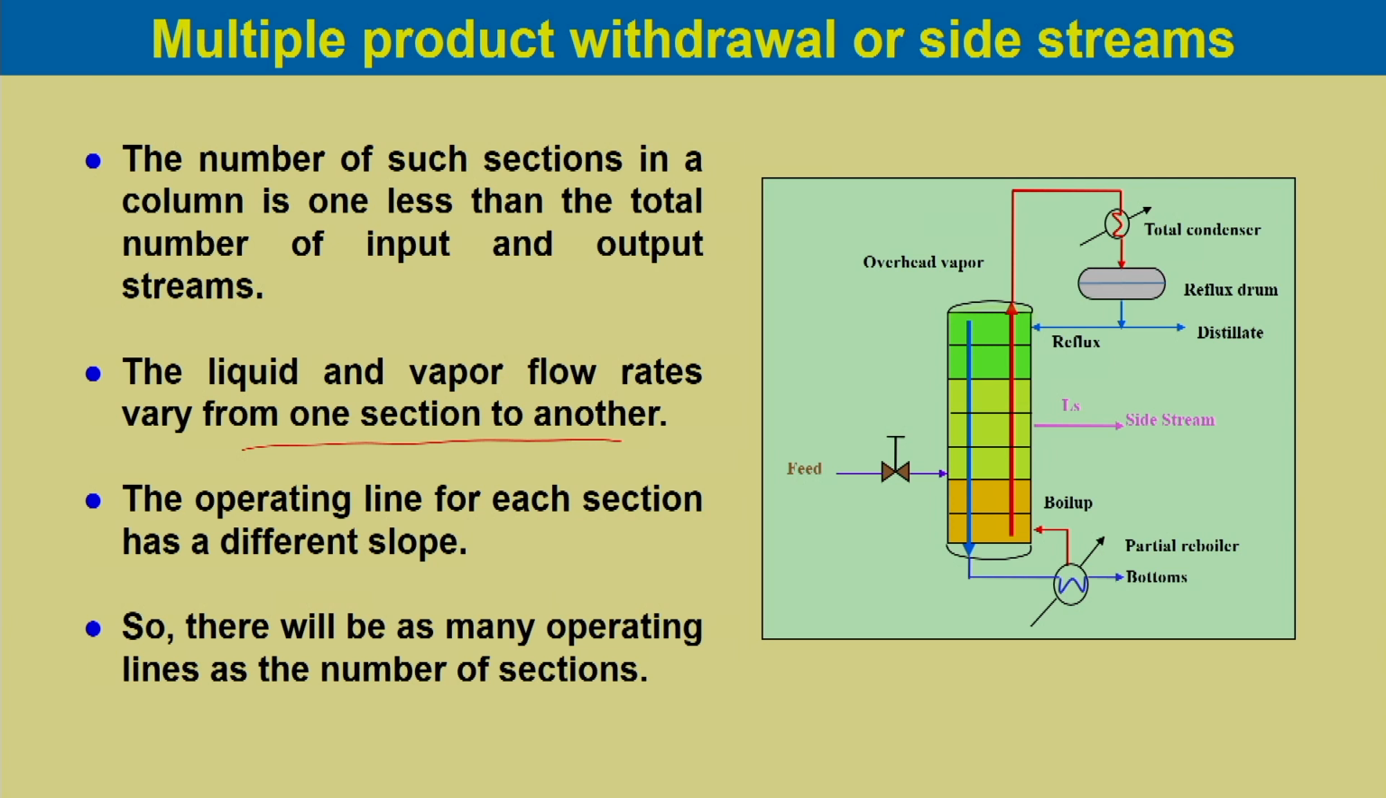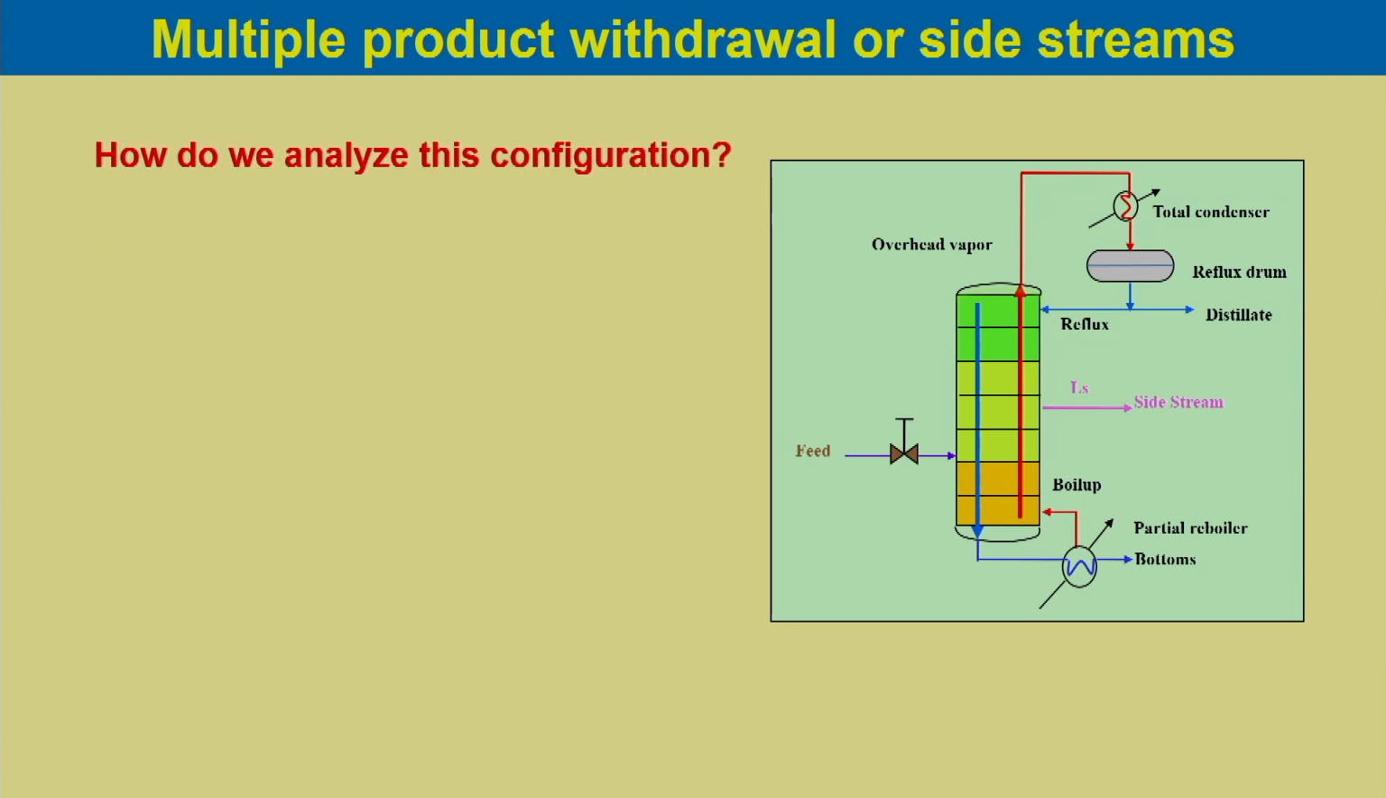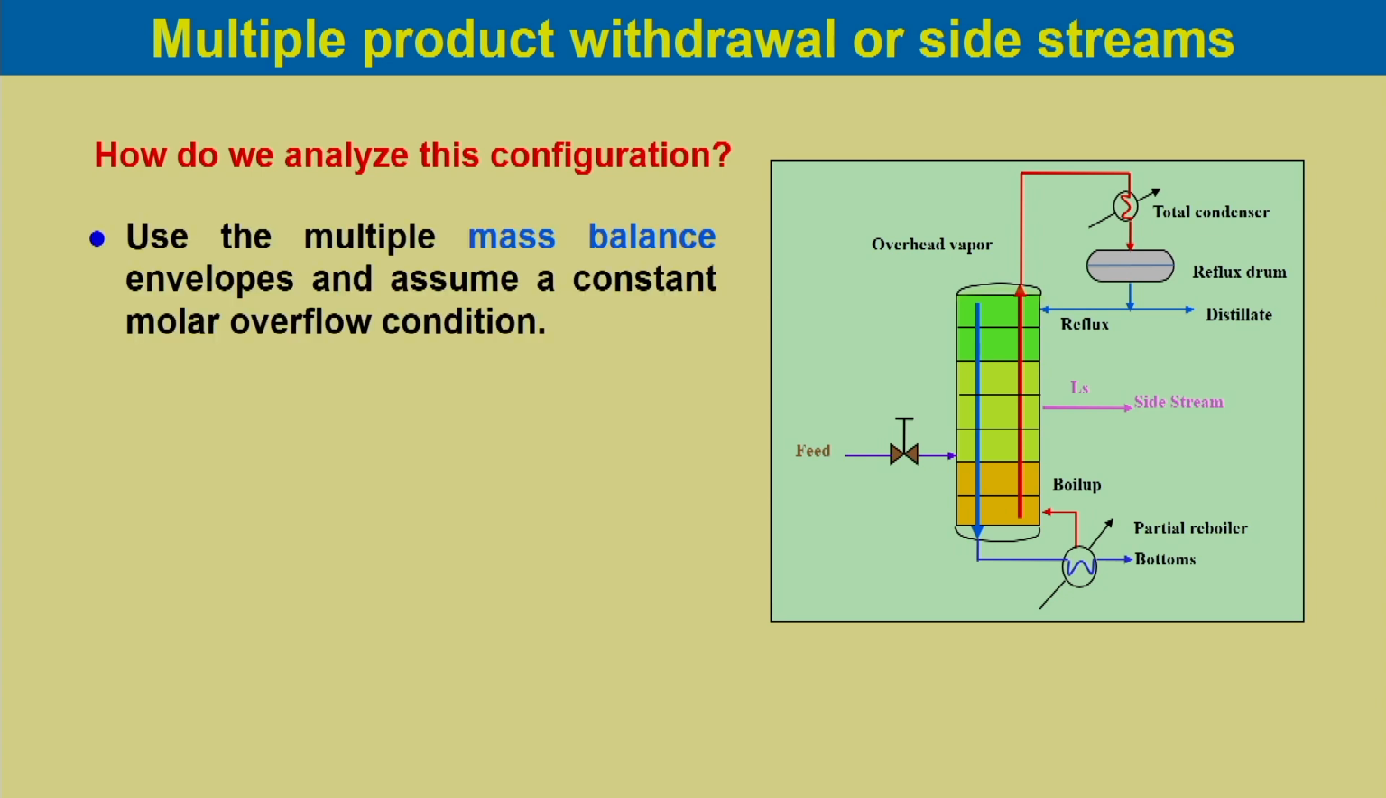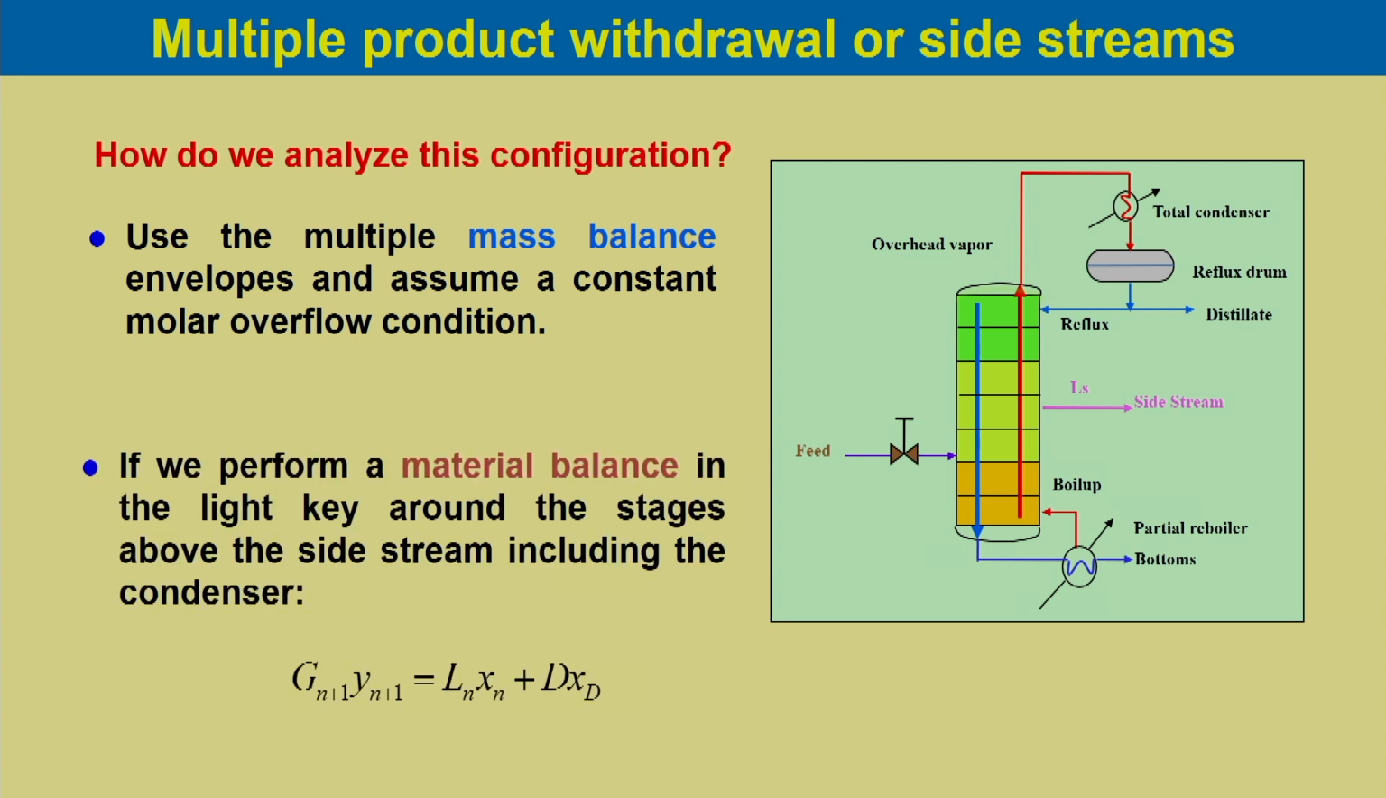So, there will be as many operating lines as the number of sections, which increase depending on the side streams. How do we analyze this configuration? Use multiple mass balance envelopes and assume a constant molar overflow condition. If we perform a material balance in the light key around the stages above the side stream, including the condenser,